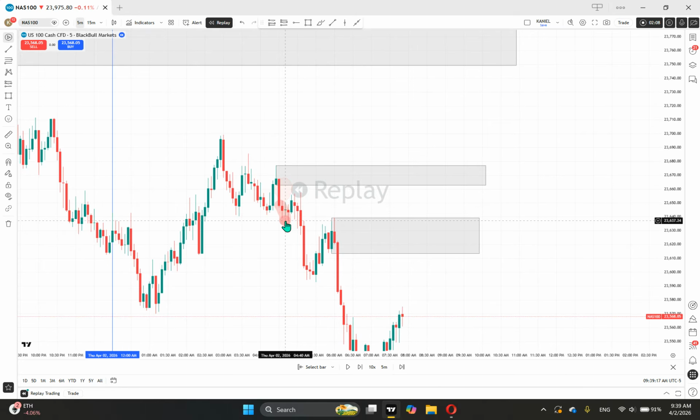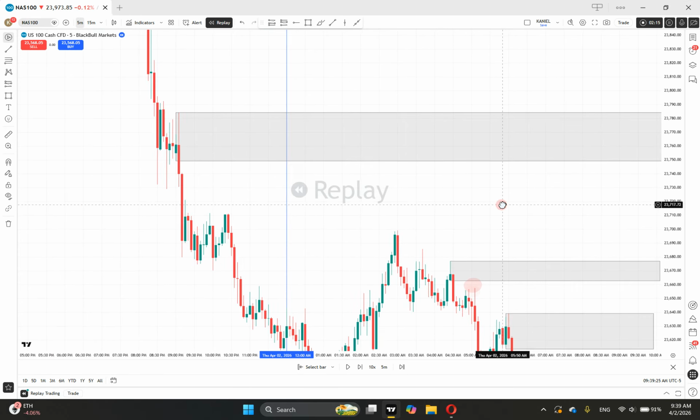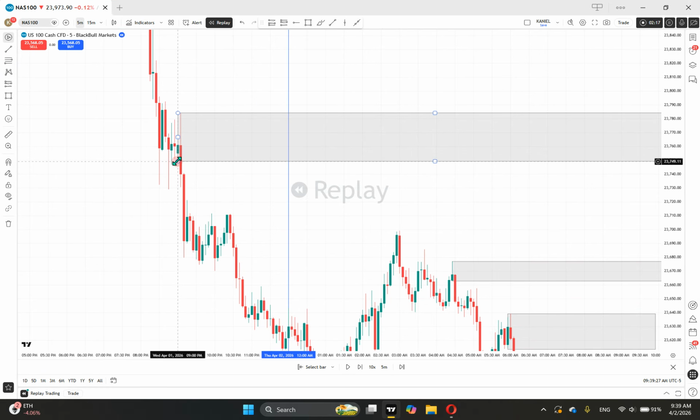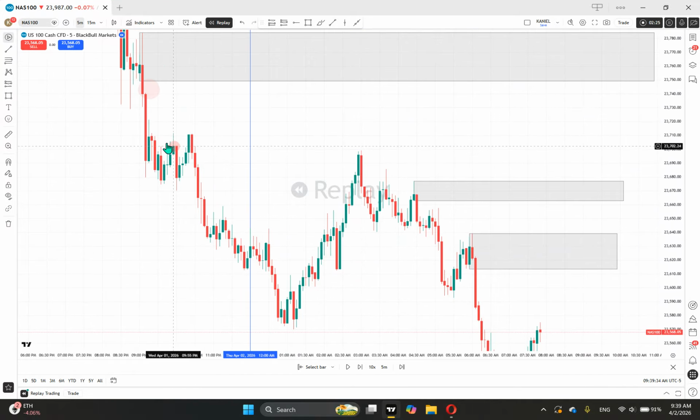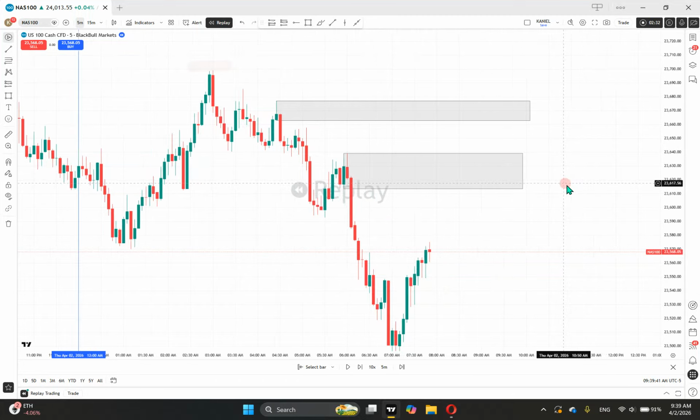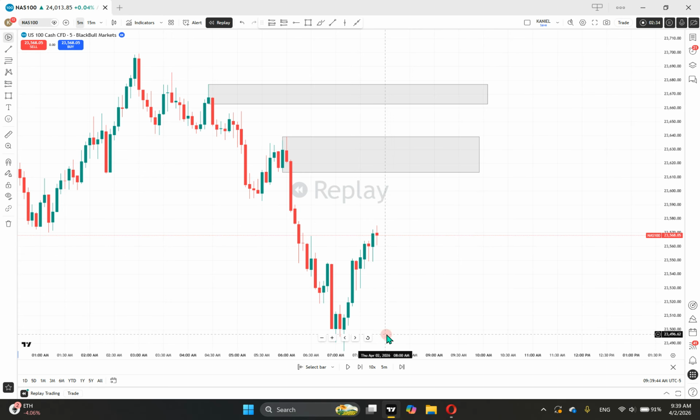As you can see right here, price came down and filled half of the gap, so this remaining gap needs to be filled. For this one, under the green candle to above the red candle, this little gap needs to be filled. As you can see, price came down all the way down. I was heading towards it, but didn't feel any of it. So I start trading at 8 o'clock as usual. That's the best time for me to trade. Alright, so